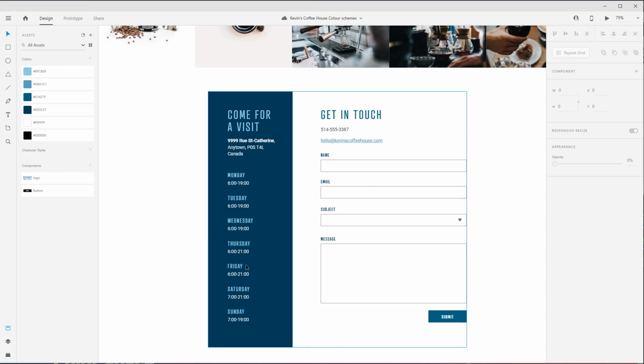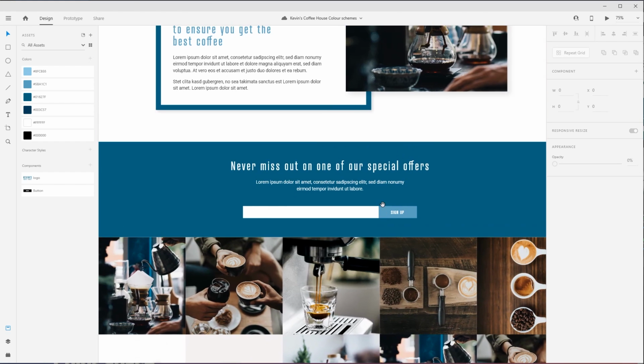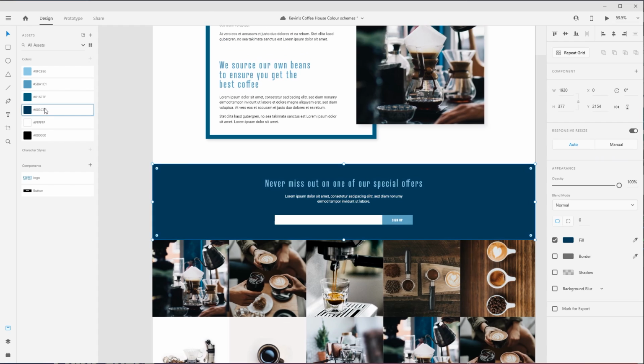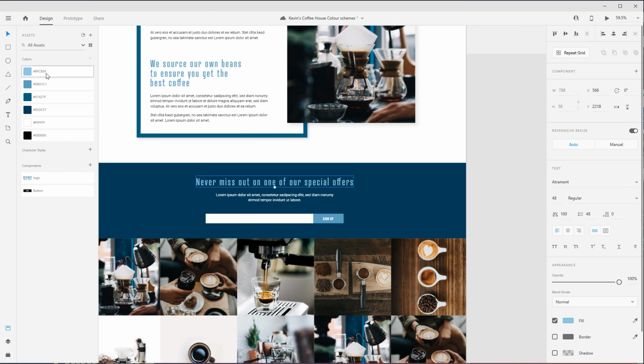So now I've come in, I've added some variations of that one color. And I think by coming in and adding these variations of one color though, it just helps add a little bit of interest to your site. And I think that's why a lot of people want to add colors, because they do want to add interest to their site. I think on this one, maybe even I could come in and give it the darker background instead, just to get these things to pop off a little bit more, and then use that really light